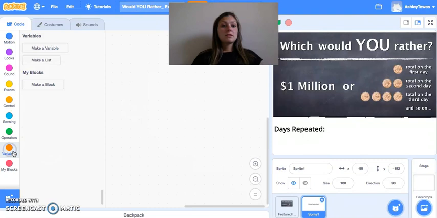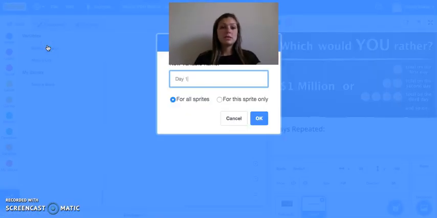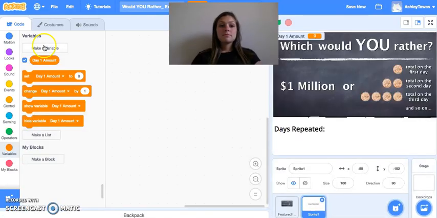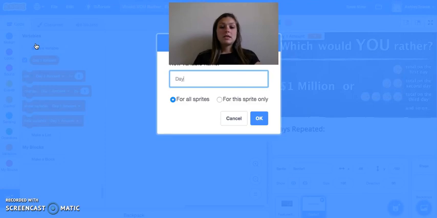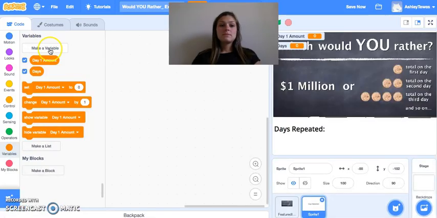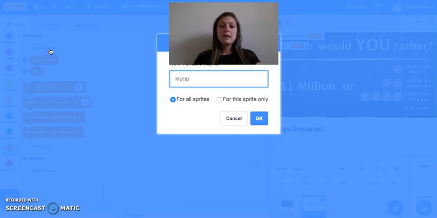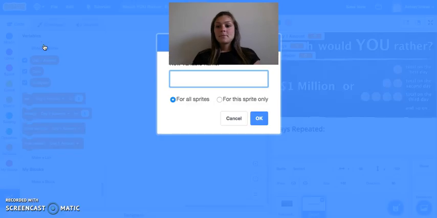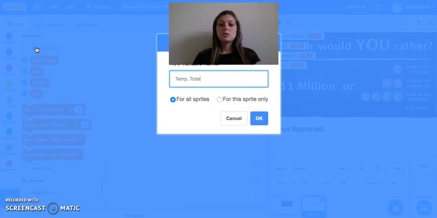variables. So I'm going to come to the variable tab on the left and hit make a variable. The first thing we want to start with is the day one amount. It's what we receive on the first day. Another variable we'll call days, so how many days we're repeating this. The multiplier, so what is our penny amount multiplying by each day. We're going to need a total amount of money, as well as we're going to call it a temporary total